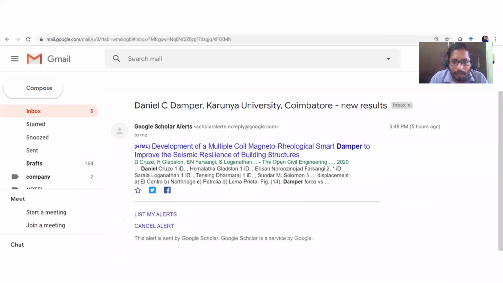In Google Scholar, there is an option called alert. If you give your mail ID in the alert option, then whenever your article is published in a journal, it may be available on their journal website, but some journals may take some time to appear in our Google Scholar profile. In such a case, when the article is received in the Google Scholar index, you will automatically receive a mail that the article has come to your Google Scholar profile. This alert will be sent to your mail ID if you set up the alert option.